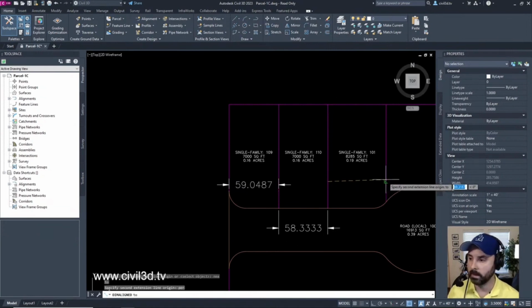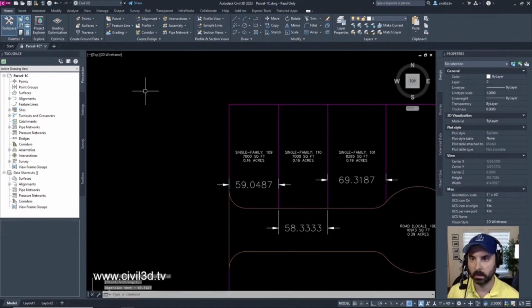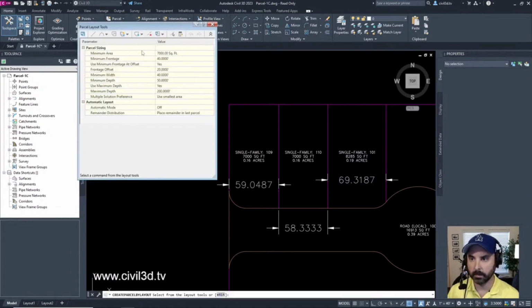Well, 40 is the minimum frontage. So it's taking the minimum into account. So there is no maximum frontage. Minimum frontage is 40.